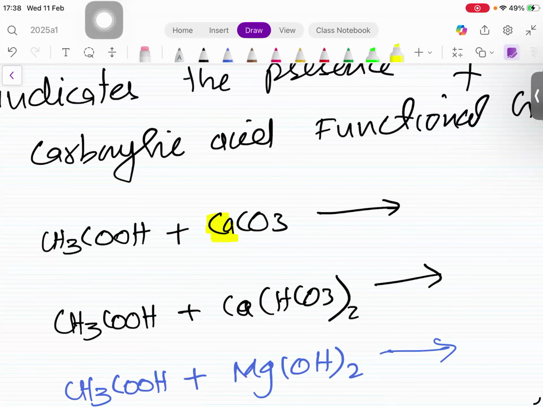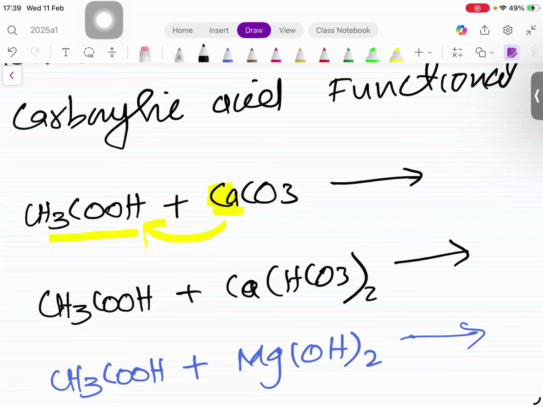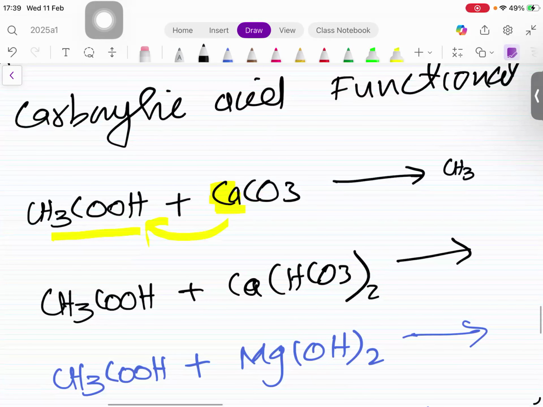When carboxylic acid reacts with calcium carbonate, it is going to displace this Ca. All the metals, when they react with acid, the metals displace their hydrogen to form CH3COO, and when the hydrogen is lost they